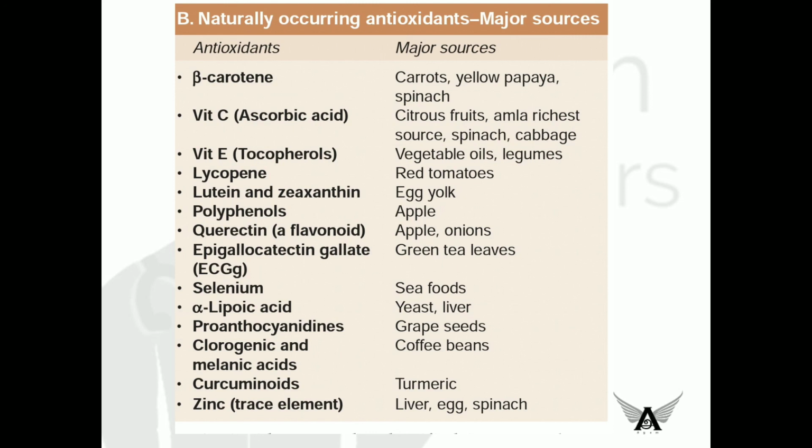Vitamin E, also called alpha tocopherol, acts as the most effective naturally occurring chain breaking antioxidant in tissues. Okay, it's very important. And then other examples are also given here. In our daily used food, turmeric is very rich in antioxidants, curcumin. So that's why we are using it in our day-to-day life. Okay, you can see the other examples also.